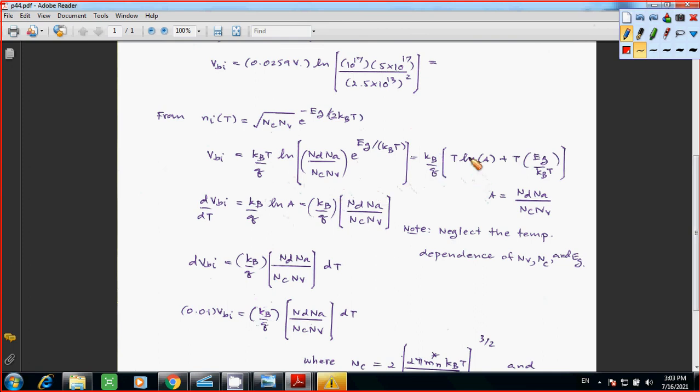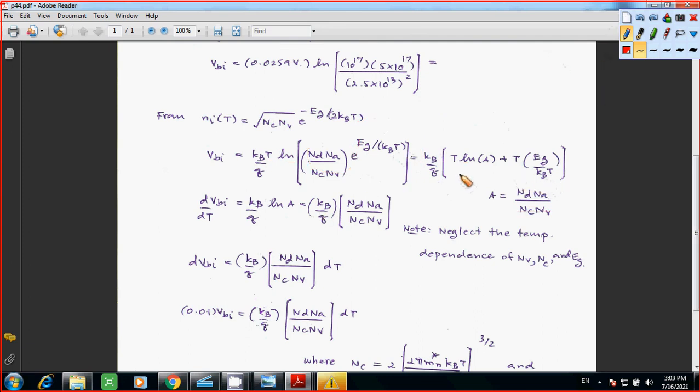And you have kB over Q multiplied by, you just expand this term. So it becomes T multiplied by ln of NA ND over NC NV, and then plus ln of this term, which simply becomes EG over kBT,